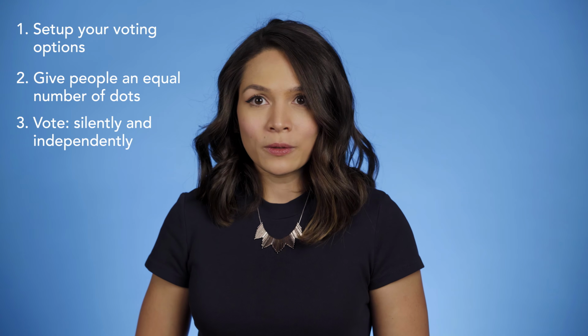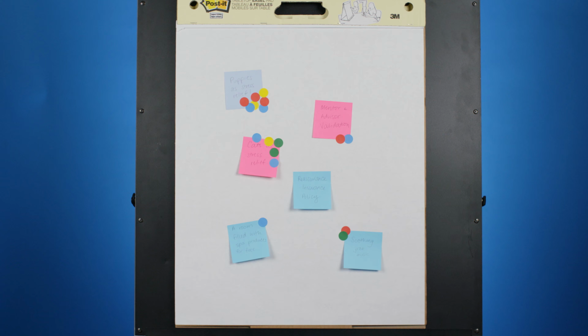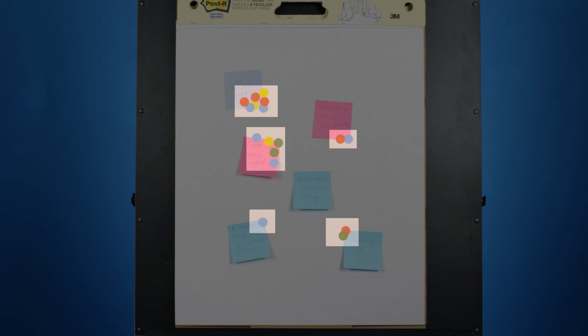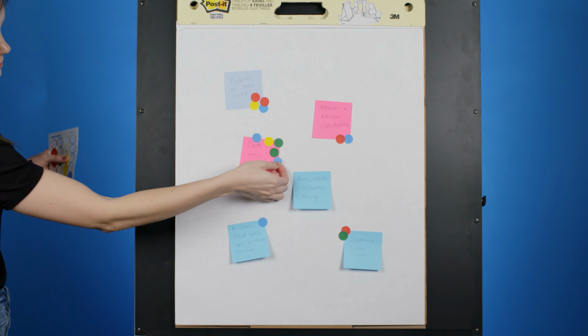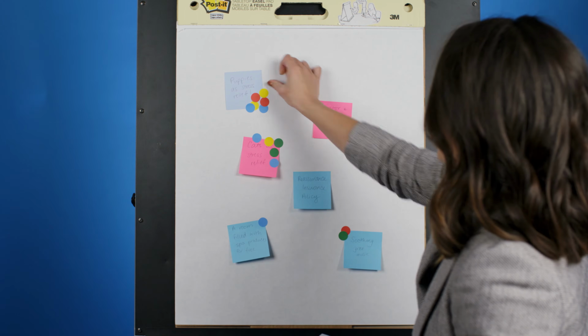Once everyone has placed votes, go ahead and tally up the votes to see which option won. You'll have a nice heat map with lots of dots indicating more heat or more votes to reference. If you need to break any ties, you can revote, but only vote on the top 2 to 4 options from the previous round. Then you can decide upon a winner.